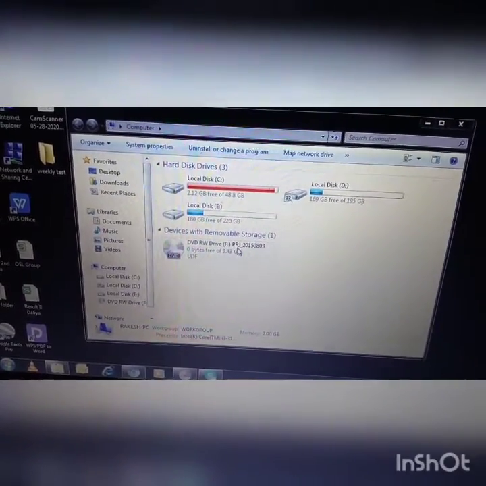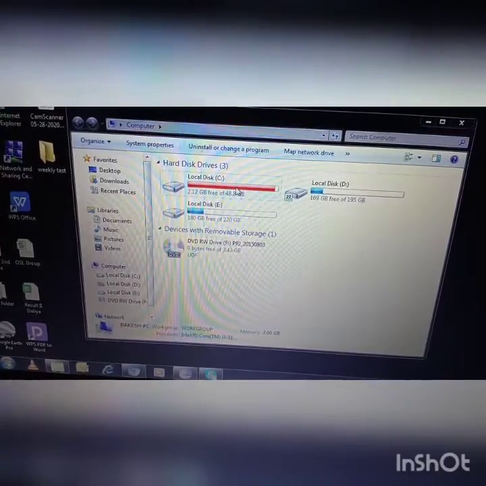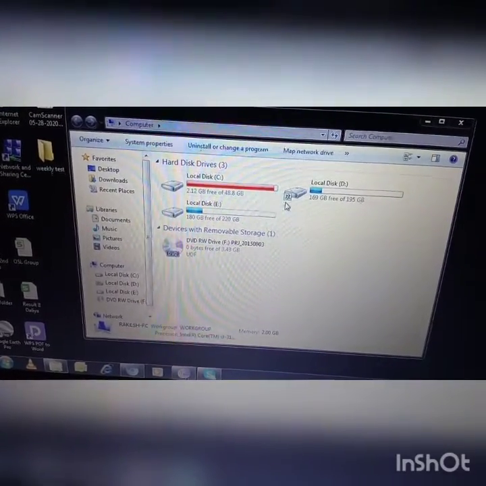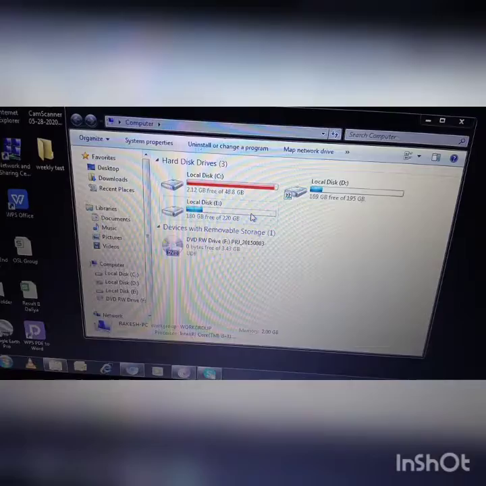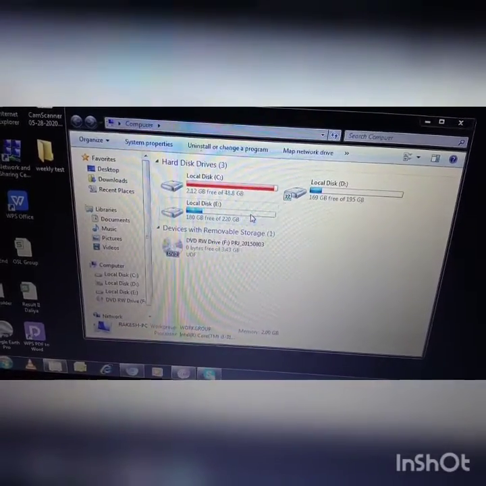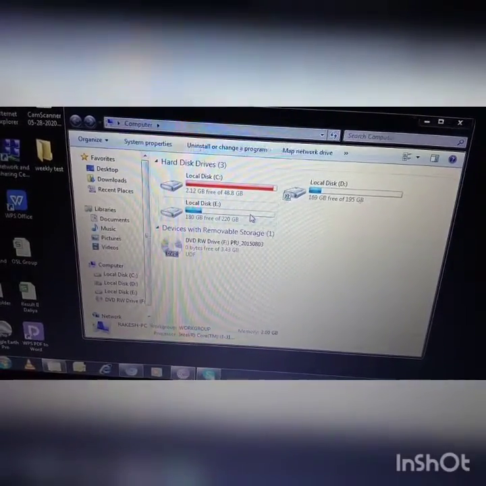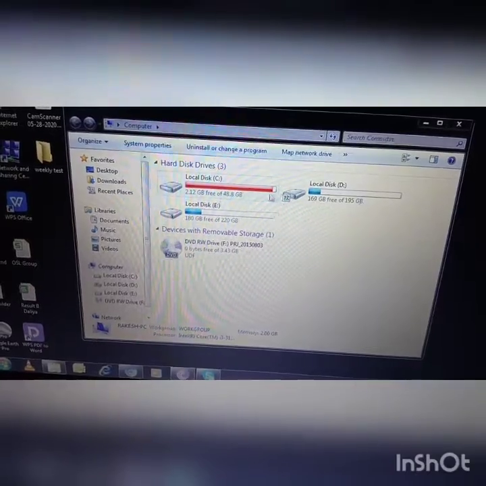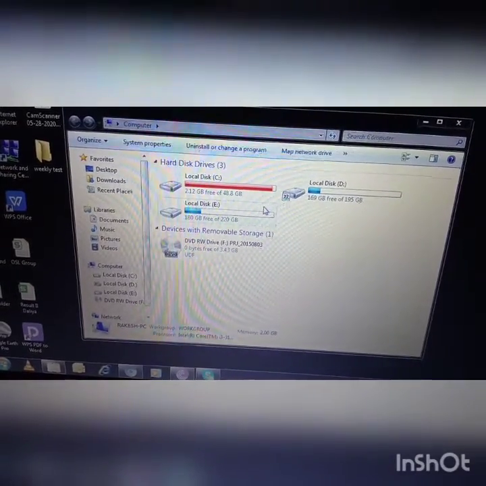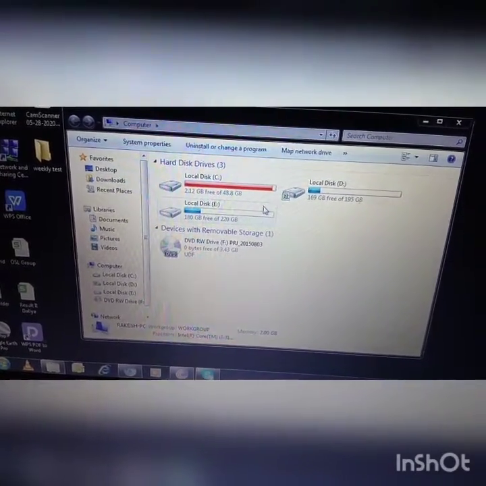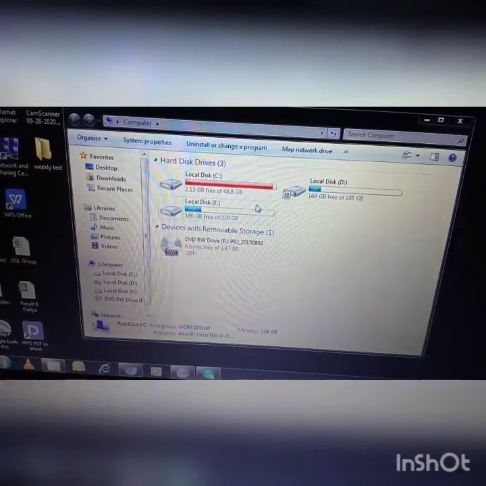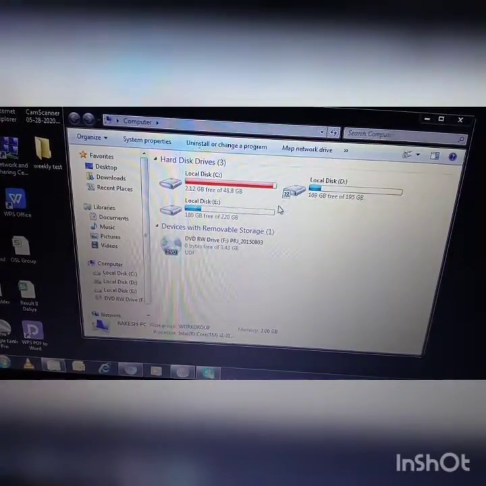If I have stored anything on C drive, D drive or E drive, I can easily access that file or folder by searching in these drives. No need to search here and there. We only have to click on them and we can easily open.